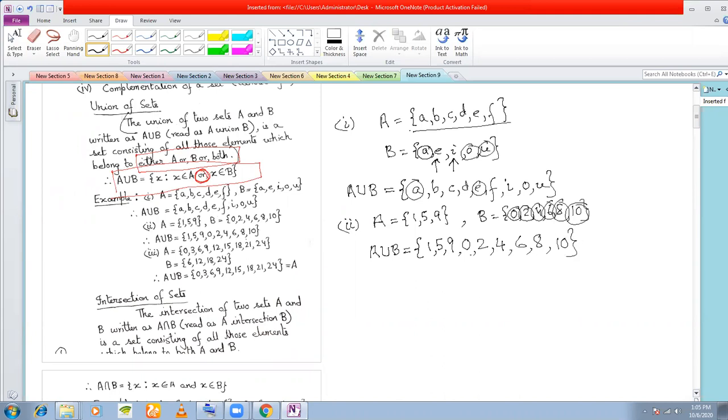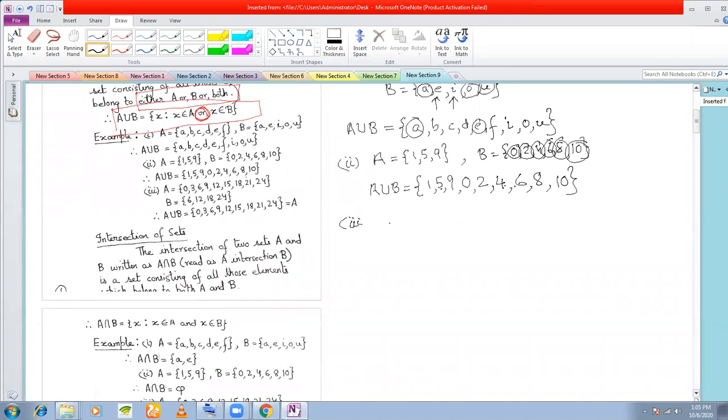You can write it in any order. You can arrange in ascending or descending order. That does not matter. What matters is whether you are including all the elements or not. Whether you are writing 5 before 4 does not matter. You don't have to say that you'll write 4, 5, in ascending order. No, that is not necessary.